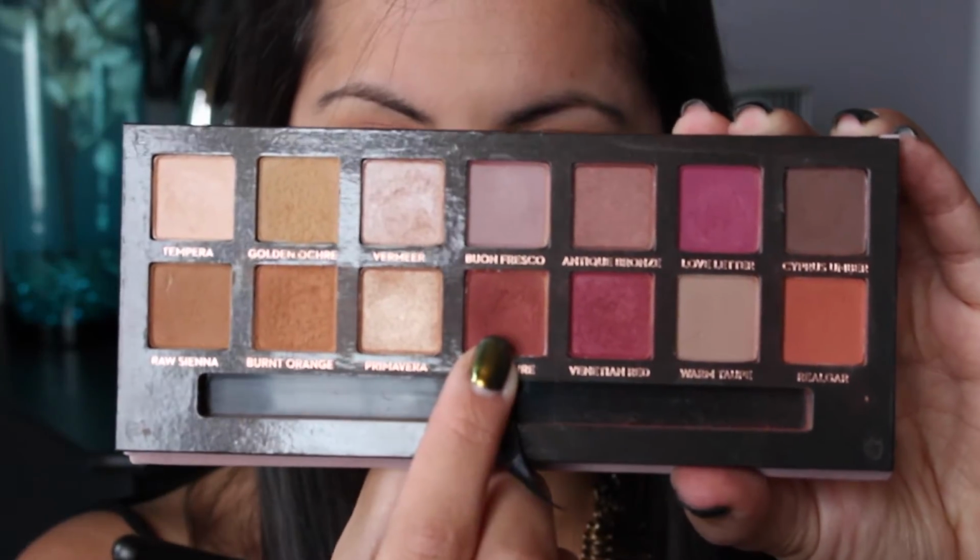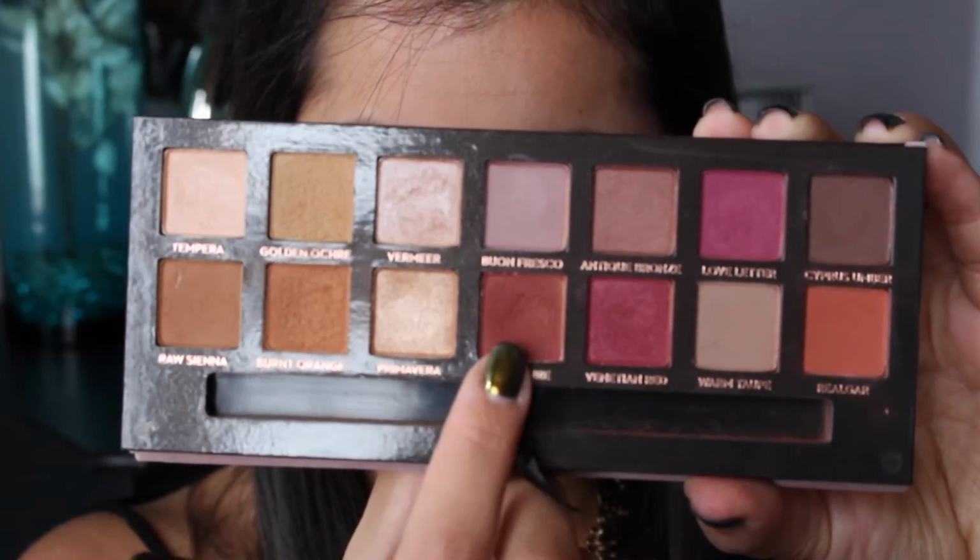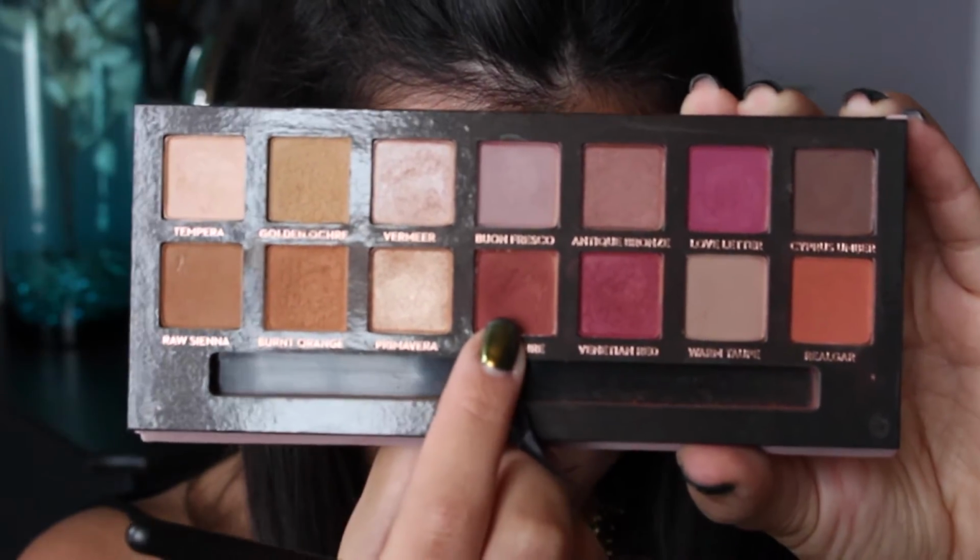Now, you must know that the Anastasia eyeshadows, pretty much all of them, have a lot of fallout, which is a good thing because it means that they're very pigmented, which they are. Honestly, the smallest amount goes such a long way, which is great because then you'll have these palettes forever and ever. Then I'm going to grab the red ochre shade, and I am going to take it with a MAC